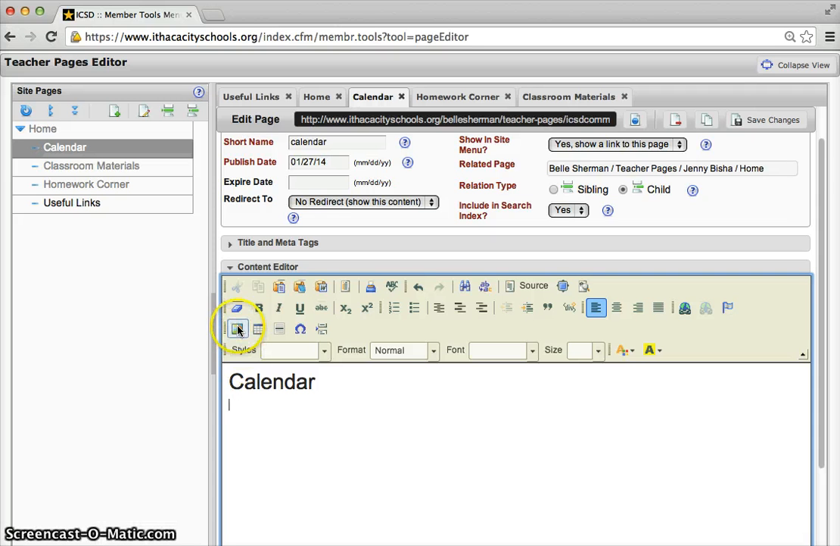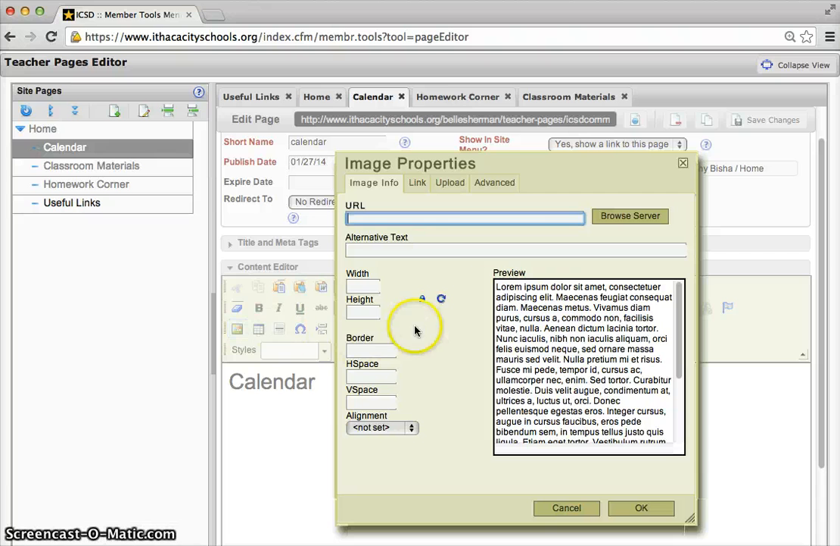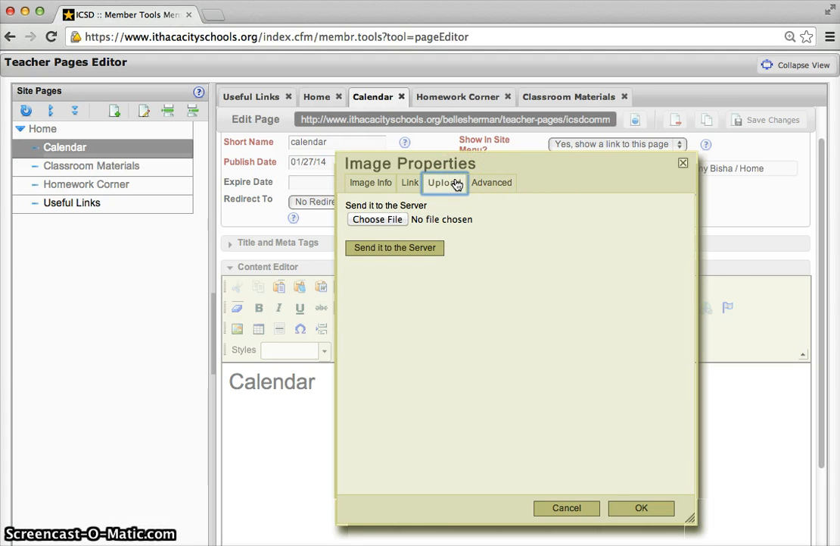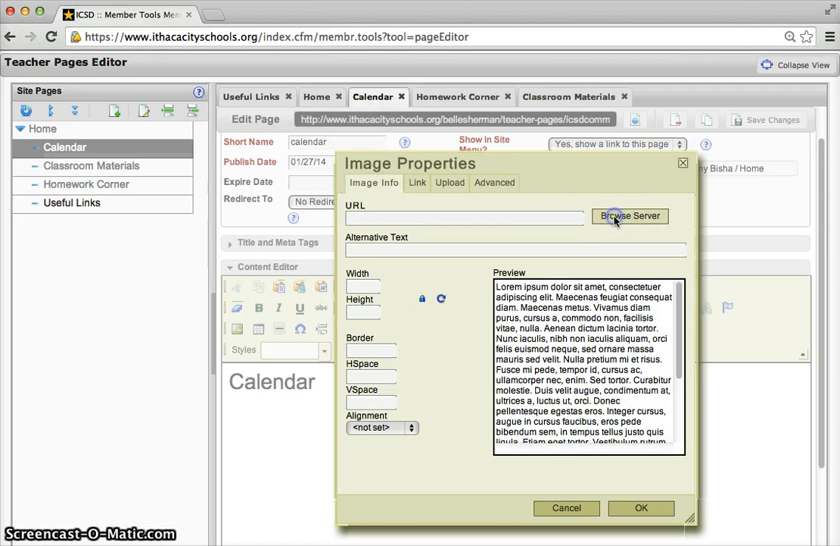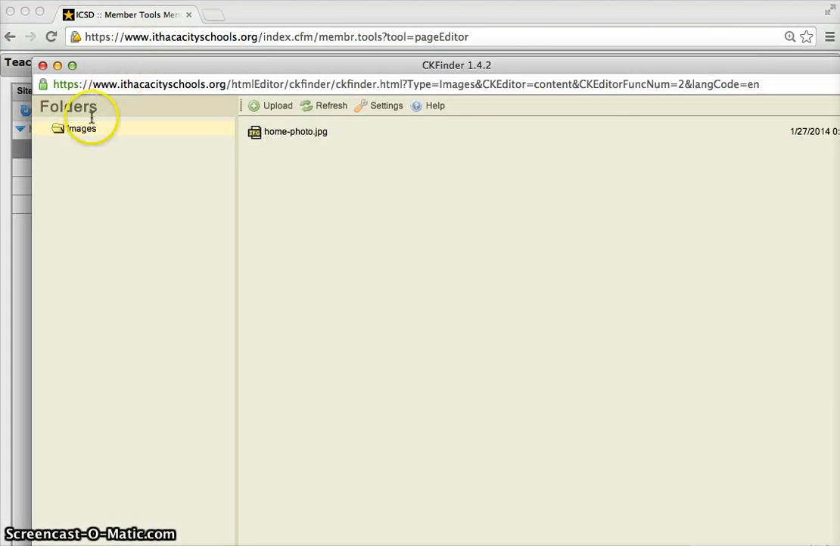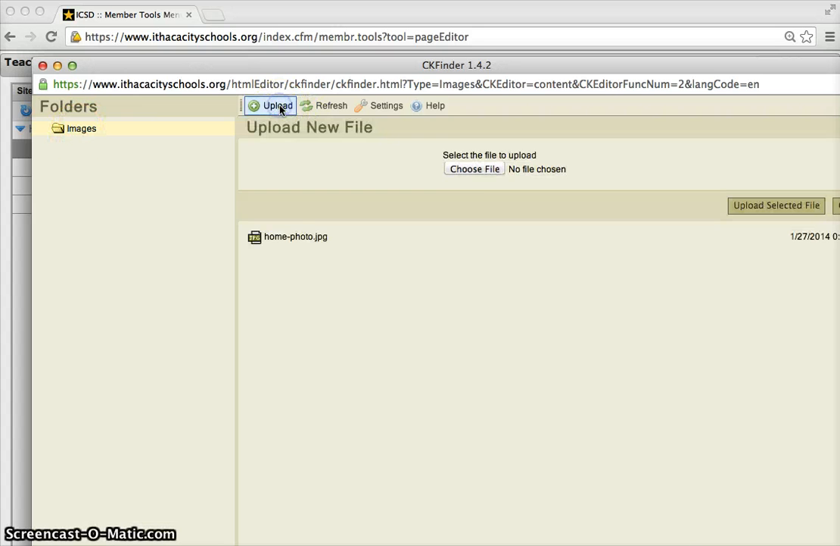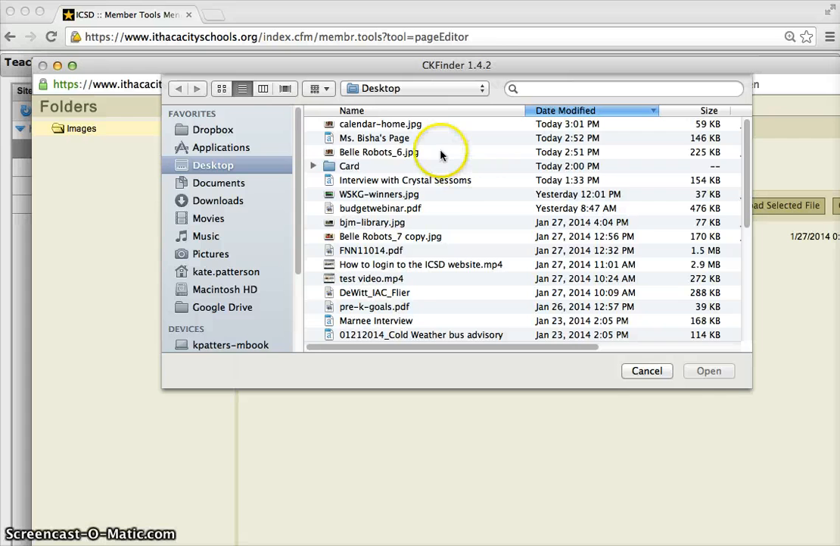First, I'll click the photo icon, or the image icon, and click Browse Server, similar to how I did when I was uploading a PDF or Word doc. If you just click Upload, you can't choose where it goes on the server, and you want to organize everything you upload so you know where to find it. So you click Browse Server, and again, make sure I'm in my Images folder, and I click Upload, choose File,